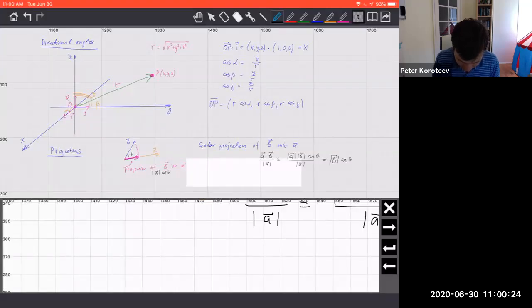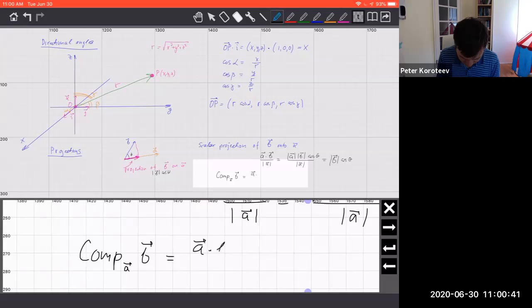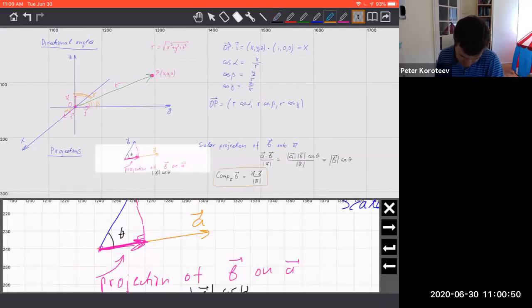Right, and then how about the vector? Well, I'm just going to write the definition. So it's called component. This comp, so it's comp of B onto A. And so that's one piece of the definition. And another, if you want to find the vector part, right? So let's